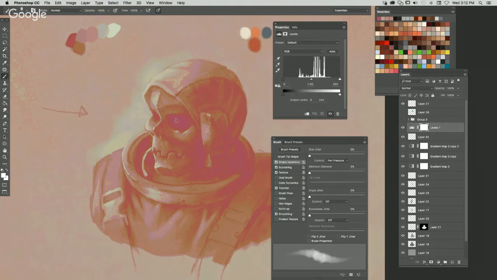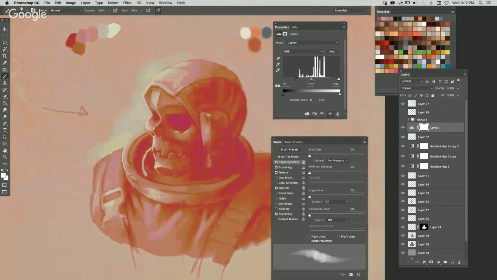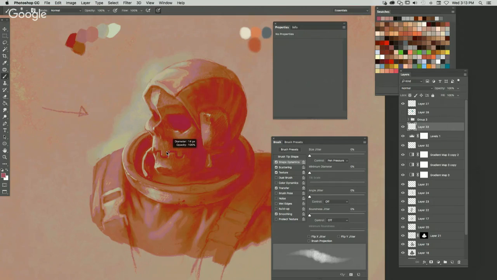So in the areas that need more contrast, I might even make a levels layer here, because some of those darker values like the eye socket or the shadow out here, I actually really enjoy that they're more of a neutral, but I'm going to push them further just so I can see them more clearly. Something like that. And then I'll work with it further.